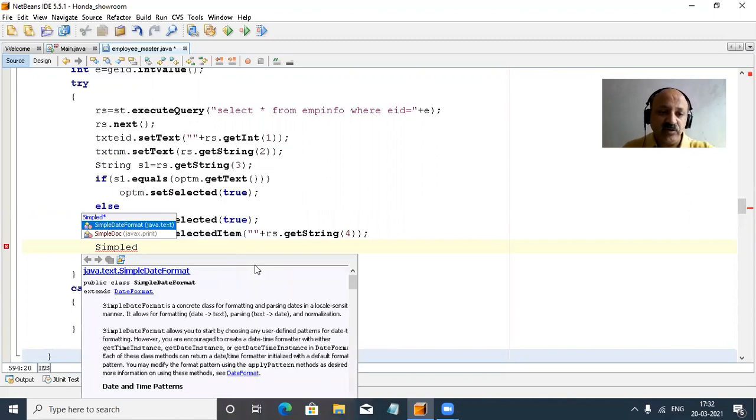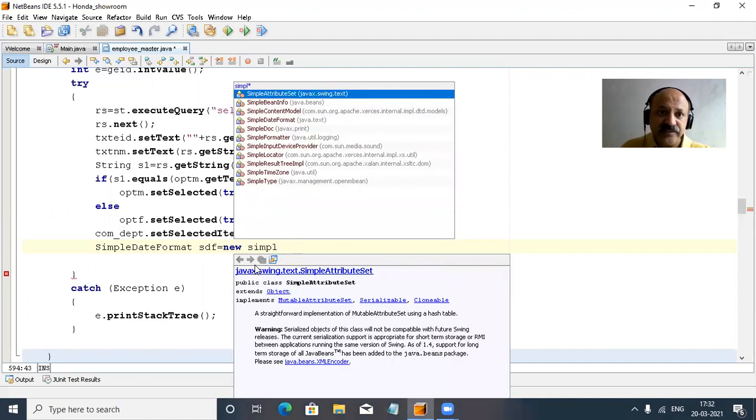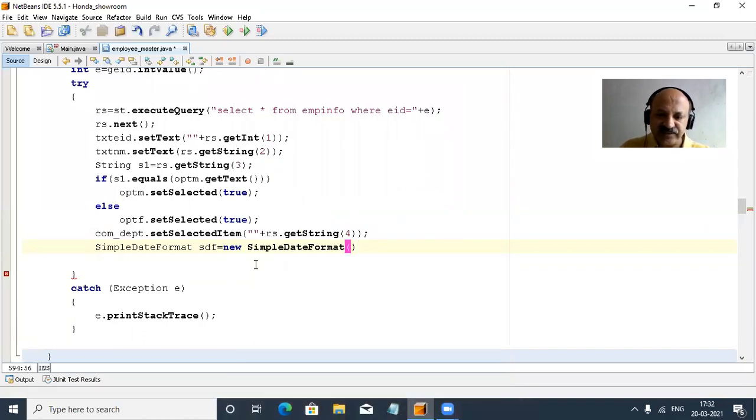So first I create one object, sdf, a SimpleDateFormat, taking one object memory allocation, and again SimpleDateFormat. The SimpleDateFormat class, and we can pass to the constructor first yyyy, a dash and MM, then dd.